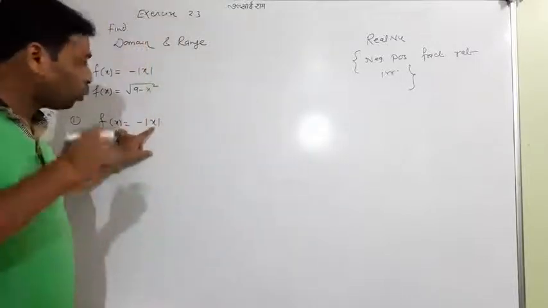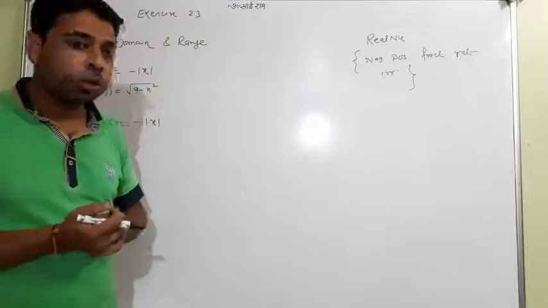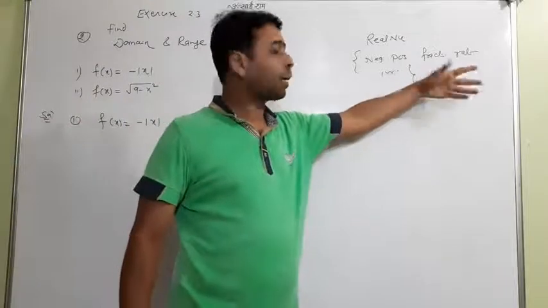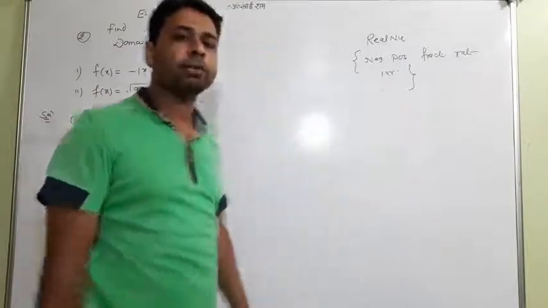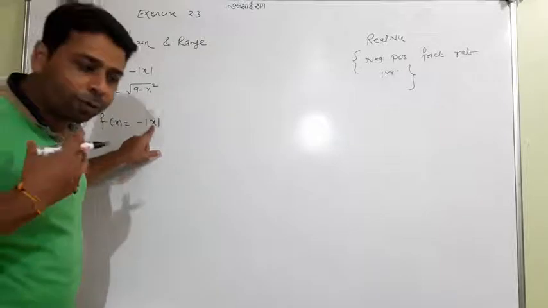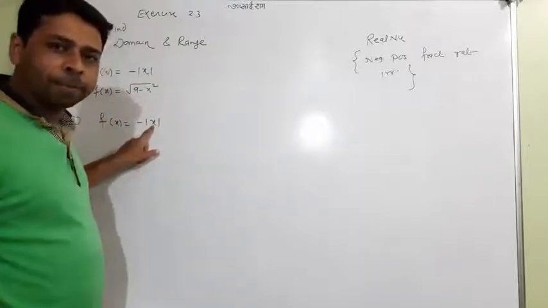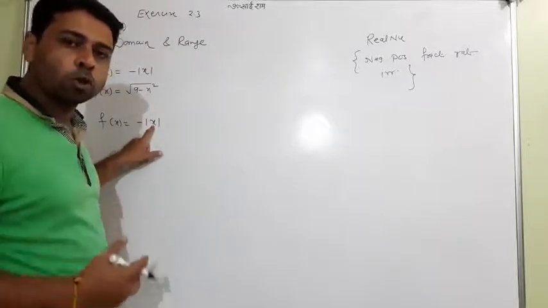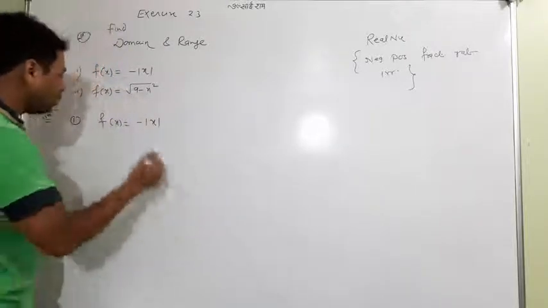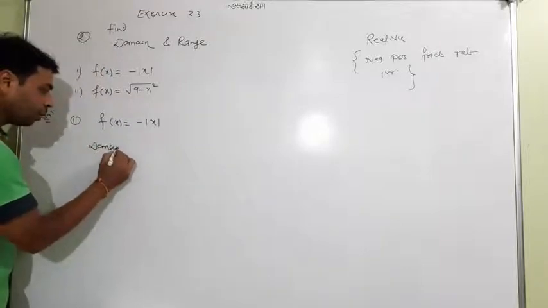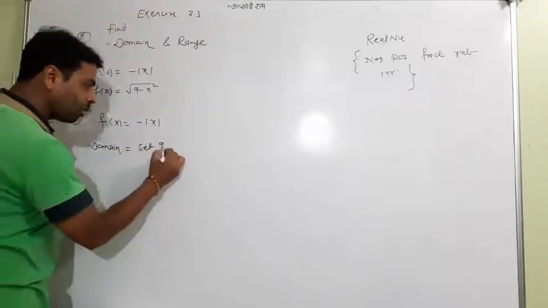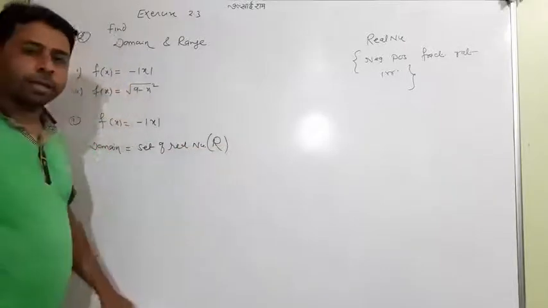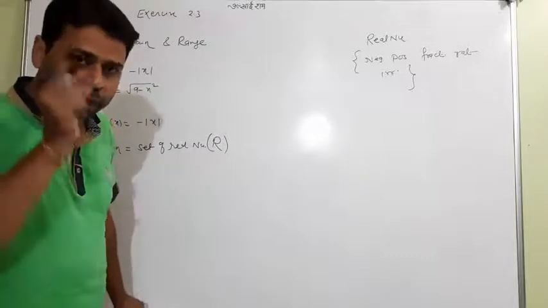So what number can you put instead of x? You can put all negative numbers, all positive numbers, all fractions, rational numbers, all values instead of x. So we decide that you can put all real numbers instead of x, so its domain is the set of real numbers. I would simply write here that the domain is the set of real numbers, which is normally called capital R. This capital R shows the set of real numbers.